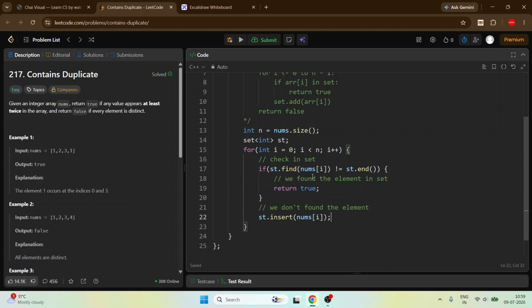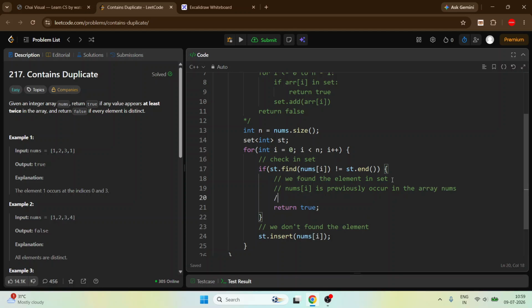Okay, if we found the value in the set, that means the value is already present in the set and it previously occurred in the array. It also means that nums of i previously occurred in the array nums, so this means a duplicate element.